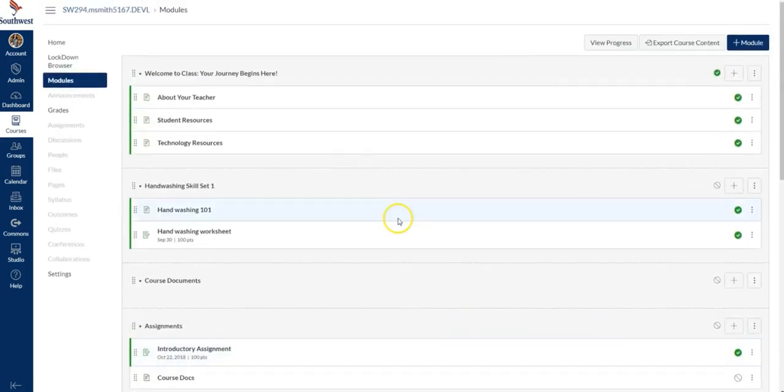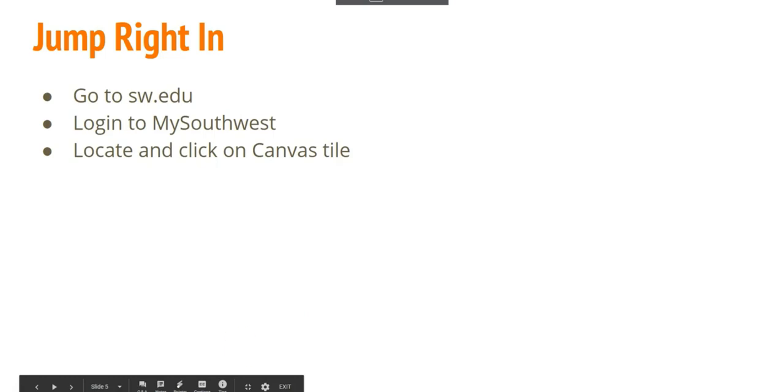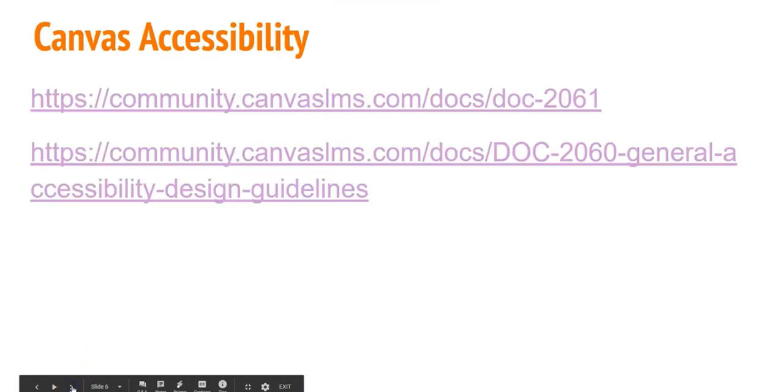Okay, I'm going to flip back over to my slide deck now. So we have jumped right in. I wanted to show you some additional resources. These are inside of the Canvas community, as we talked about when we were going through our navigation pane. And if you were to go to these links, it will show you